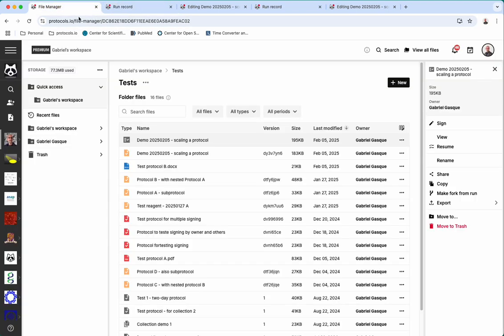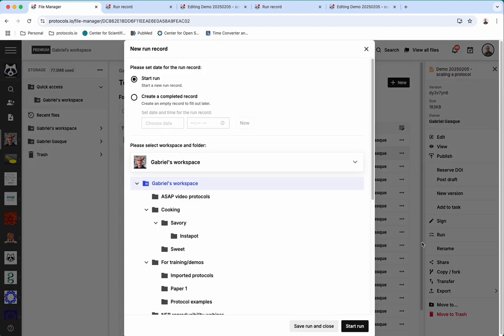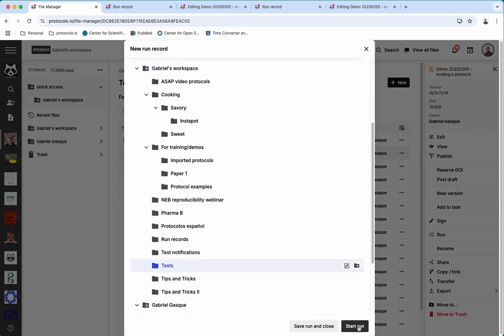You can also scale individual steps. To demo that, I will rerun the protocol, generating a new run record. I start the run,